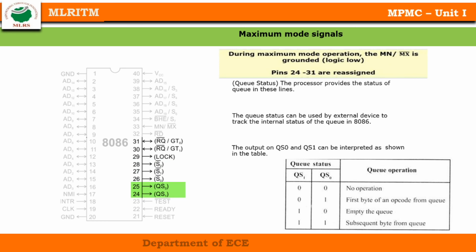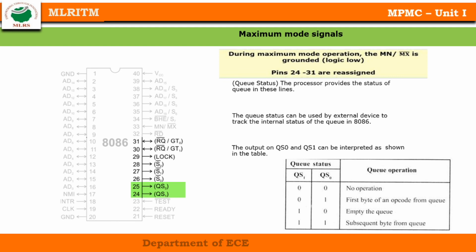These are the Q status signals. These Q status signals are used by the processor to provide the status of the queue by these lines. Q status can be used by external devices to track the internal status of the queue in 8086. The output of